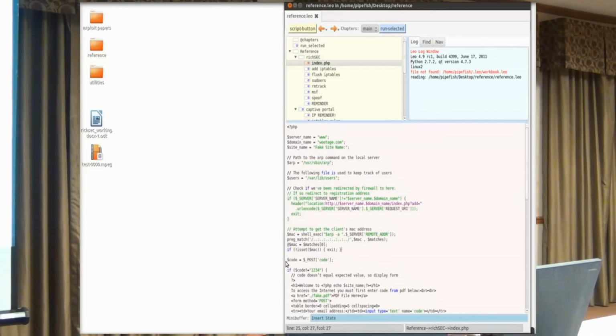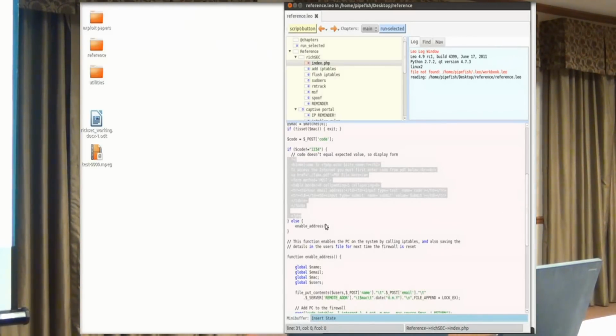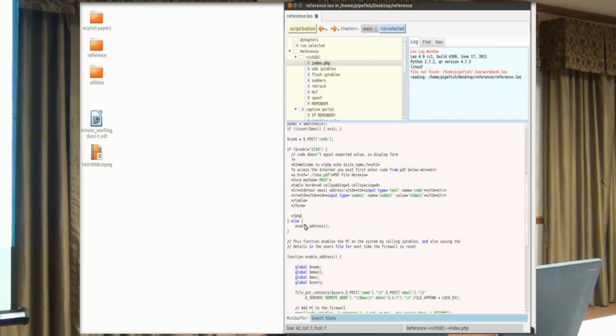And then there's the code value. If code does not equal 1234, display the web page: the HTML, all this stuff you saw earlier, the Verizon page. Now, if the code does equal 1234, i.e. the user has opened your document, given you a shell, and put in their code, it runs down to this